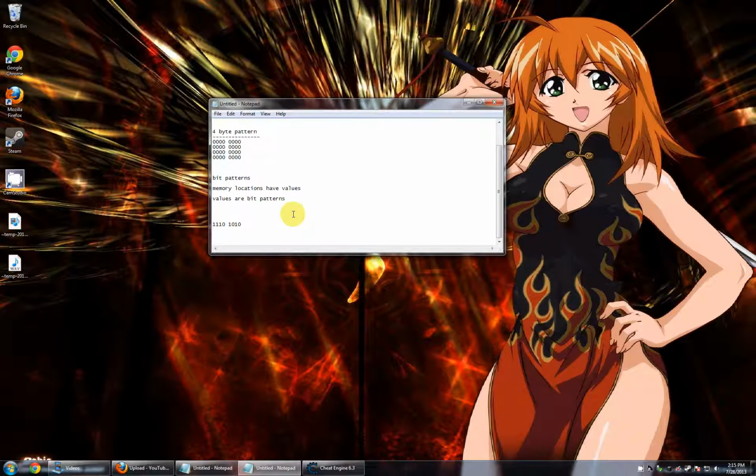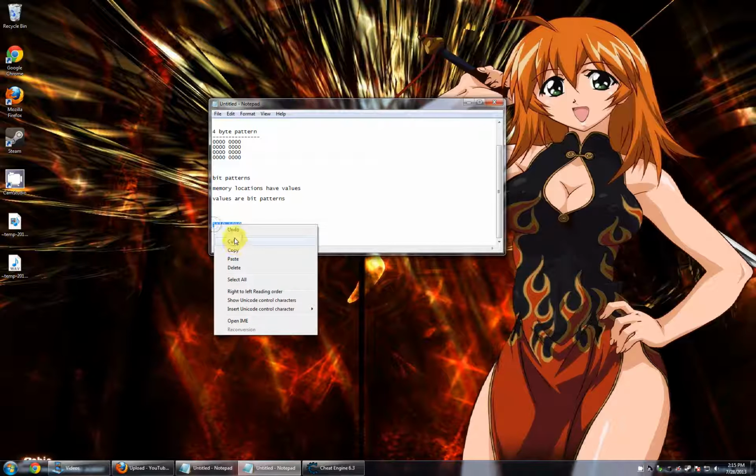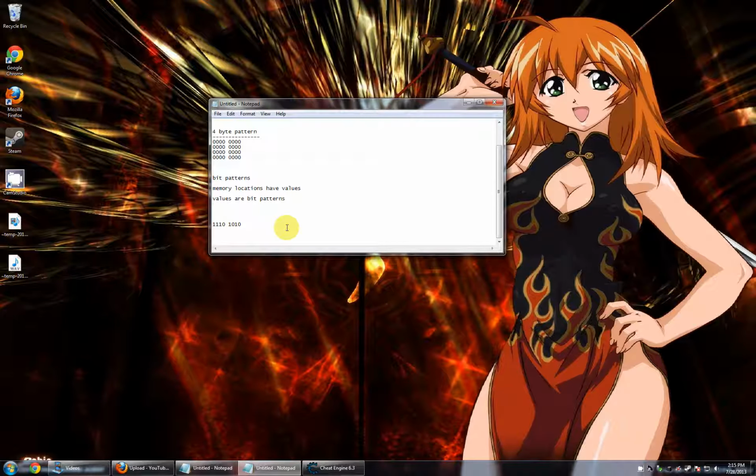Whether it's signed or unsigned, the value in memory is never going to change unless something acts on it or forces it to change, or using Cheat Engine we poke a value in there. This bit pattern right here, I'm going to cut it and paste it back. Whether it's signed or unsigned, this value is never going to change. What changes is how the application interprets this bit pattern. If it's unsigned, it's going to take these bits